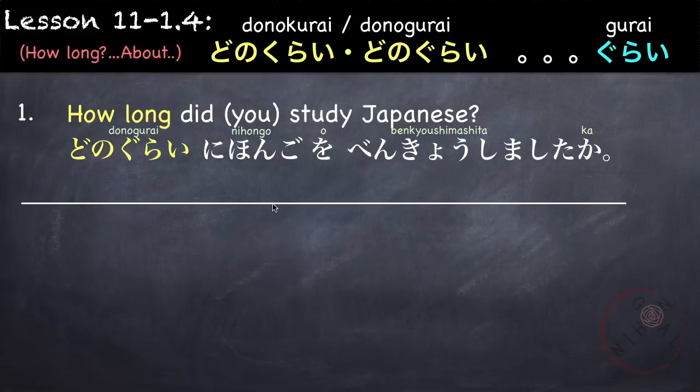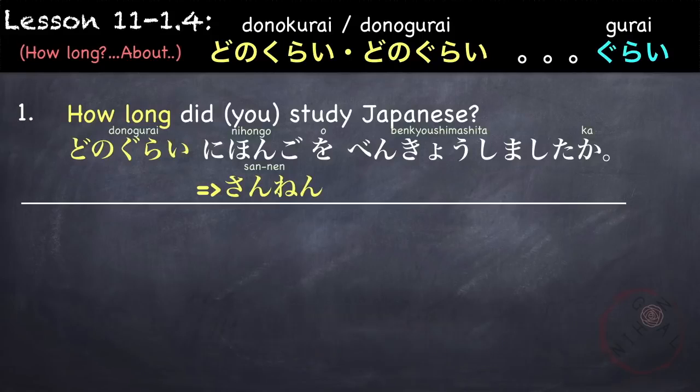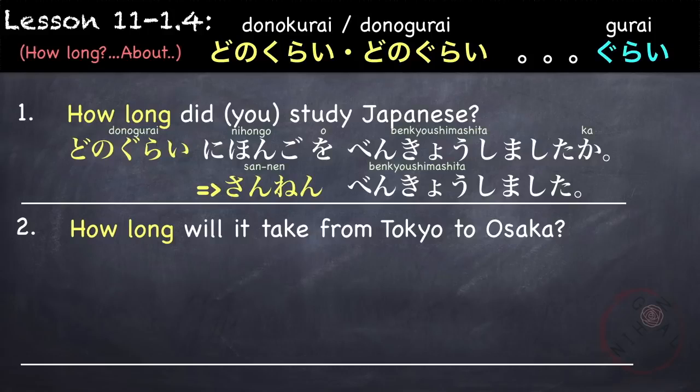If you want to say for 3 years, 3年, or sometimes you would hear 3年間, a period of 3 years, but 間 can be omitted in a normal conversation. 勉強しました。3年間 or 3年勉強しました。or 私は3年勉強しました。